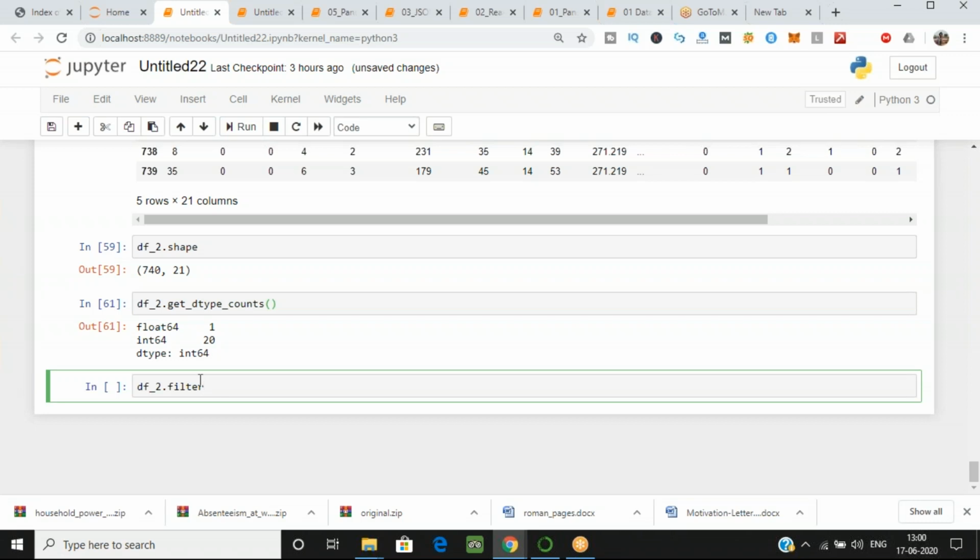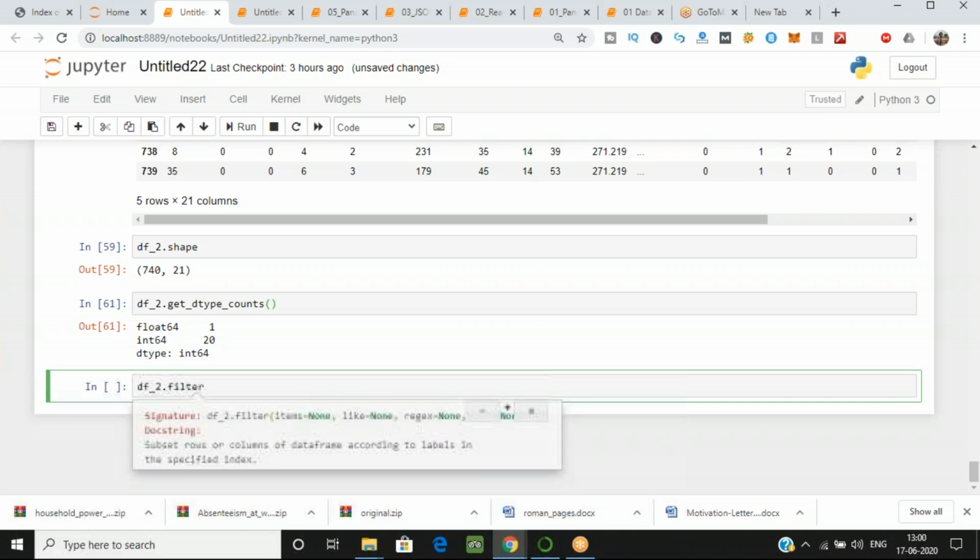And one more thing, if you want to know more about a particular method, just like I have used filter, just press shift and tab after filter. Can you see in the screen? Wait, you will see on the screen in just a bit. Yeah, now you can see on screen what I did. I just pressed shift tab after the method. Okay. So it shows me everything. If you want additional knowledge for that method, just click on plus.